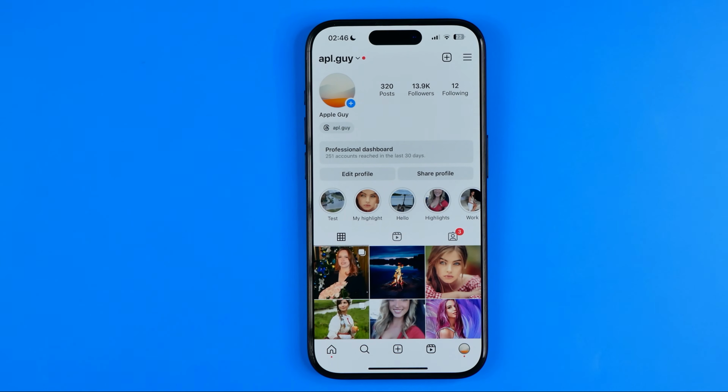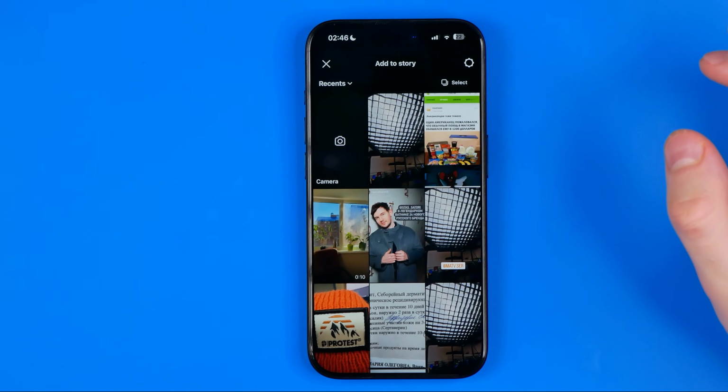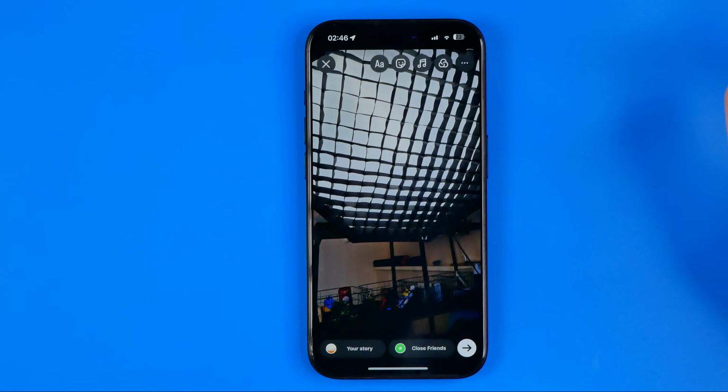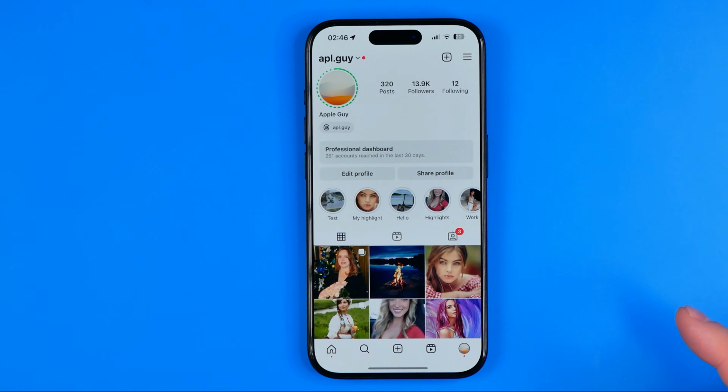In this video, I'm going to show you how you can easily change Instagram story privacy from close friends to public. Be sure to watch the video to the very end so you don't make any mistakes. Let's get started, guys, and first off, let me quickly create a story